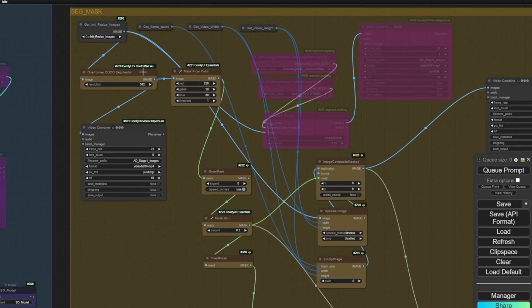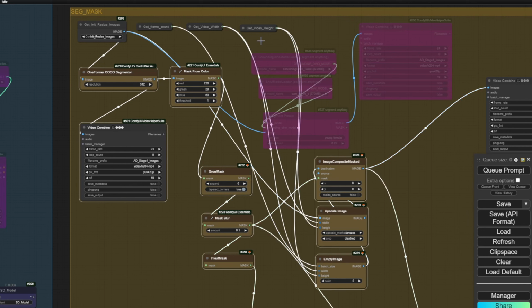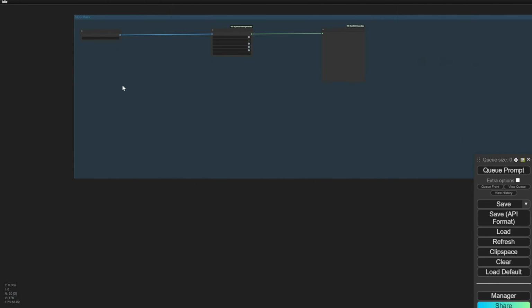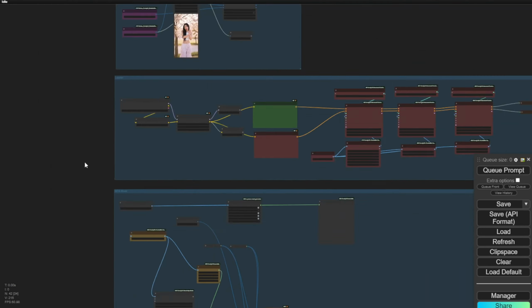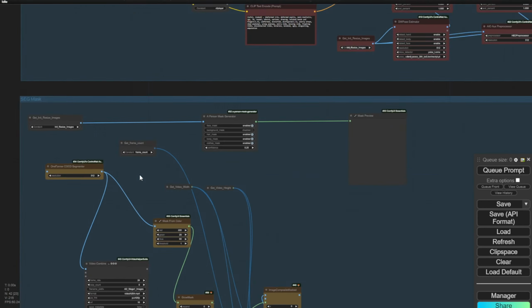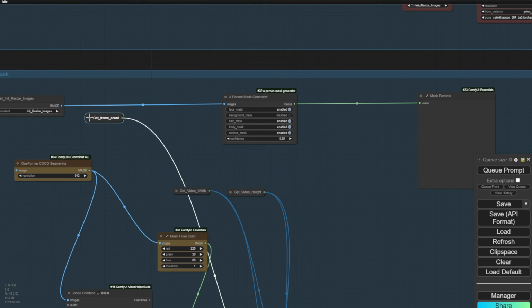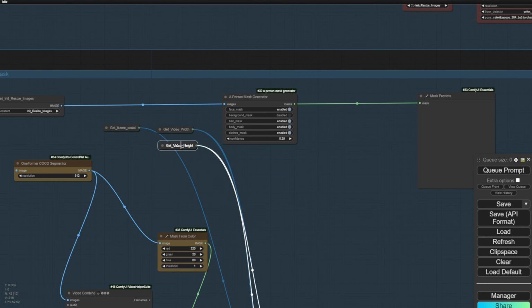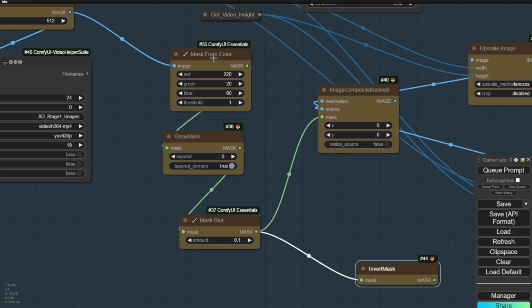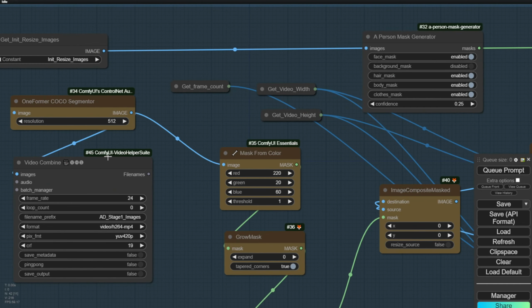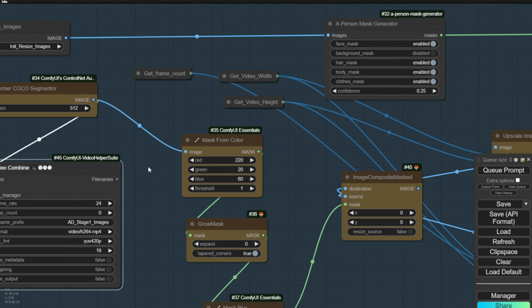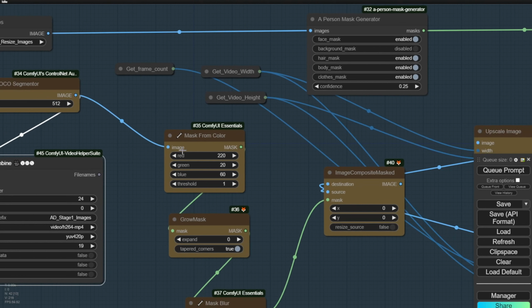Or the other option is that we can use the Coco segmenter. This one we've used for many workflows. It's very stable. So I would just basically copy this one into here, just have another option. The Coco segmenter, we're getting the frame count from our loader group. So the variables are the same because I've reused that from my existing workflow. So the width and height are also the same. Let's put it in this way, and then it's easier to see. Yeah. So this method is coming from Mateo's previous video talking about masking with the IP adapter. So this goes really well with the IP adapter. So I have no problem using this one.